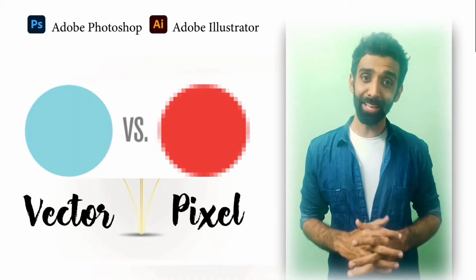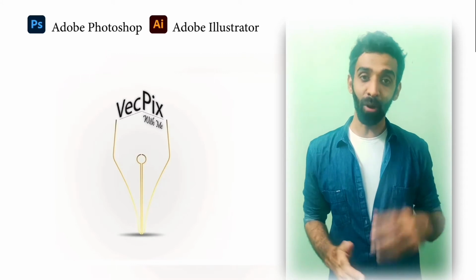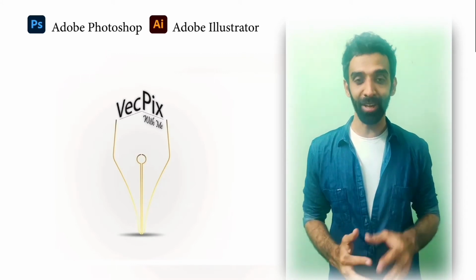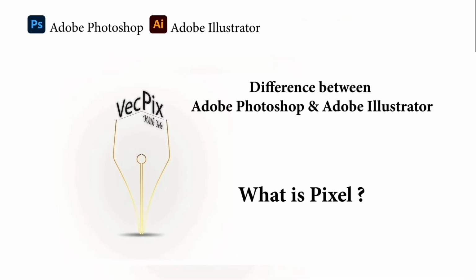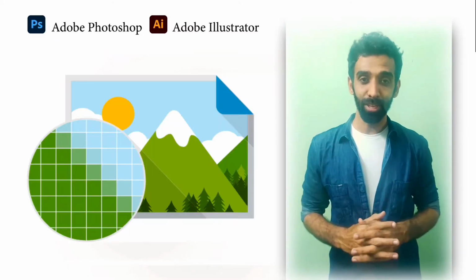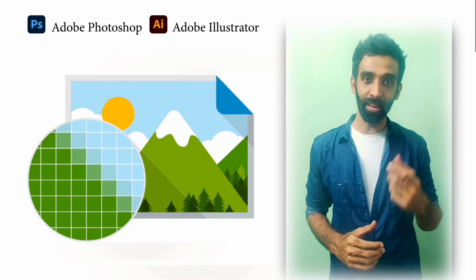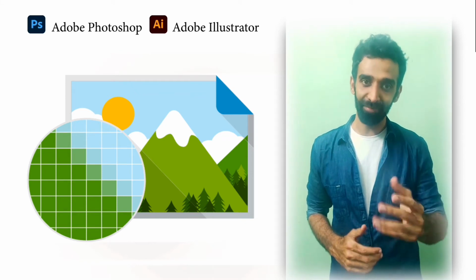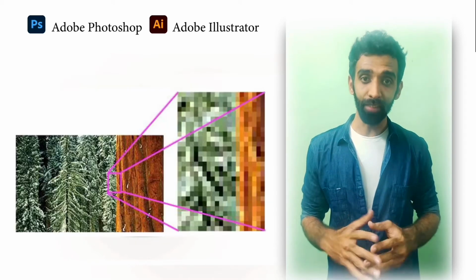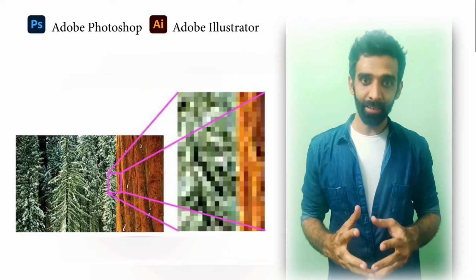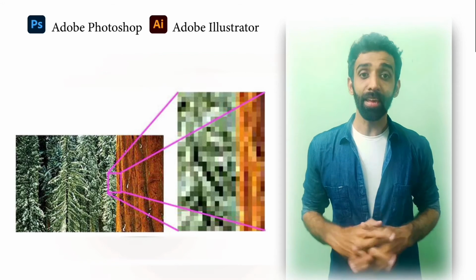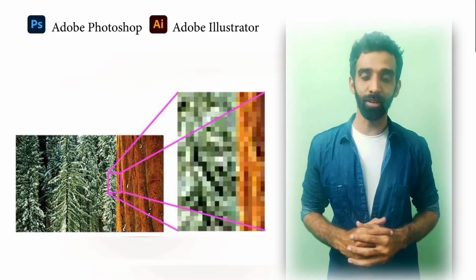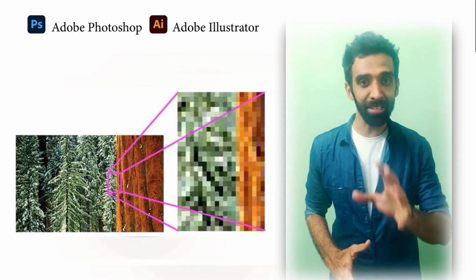What are pixel and vector? Pixels form an image by stimulating points on the screen. Okay, let me go simple. Pixels use a grid of small square picture elements for displaying graphics. For example, if we zoom a picture, we can see that the image is made up of thousands of individual pixels. Each pixel has a particular color value. Using that color value, the image is formed.